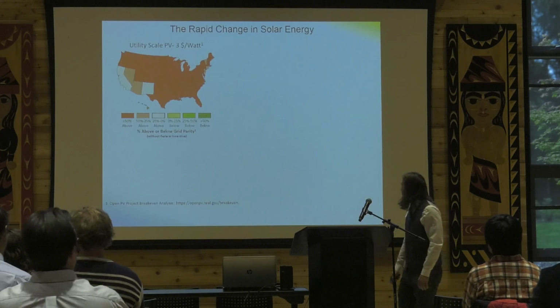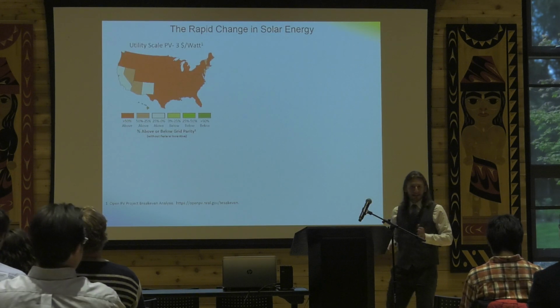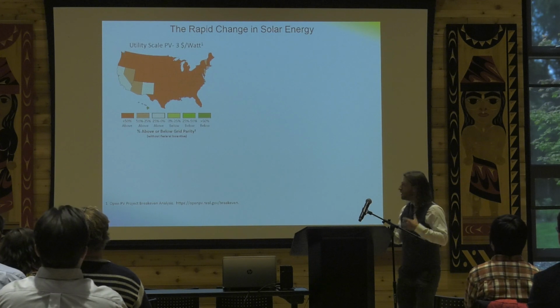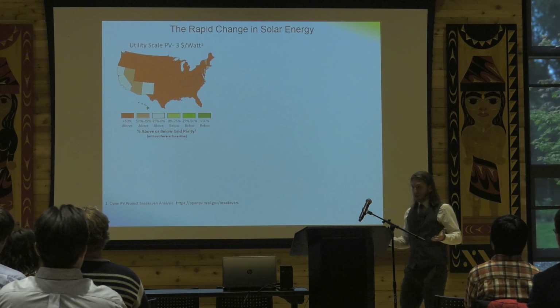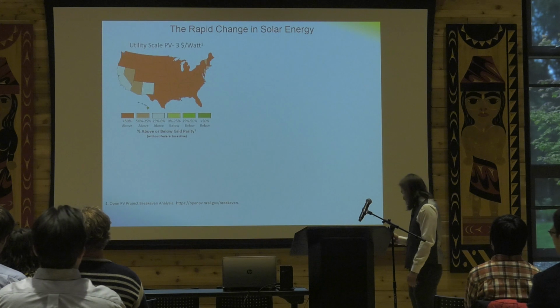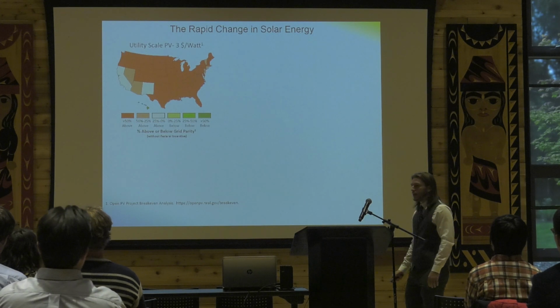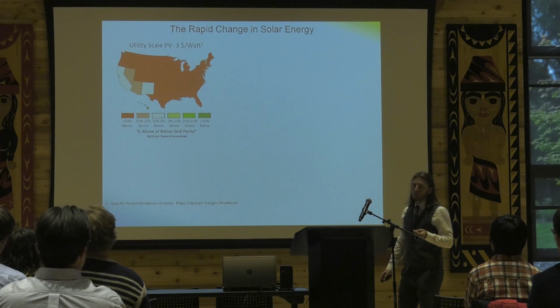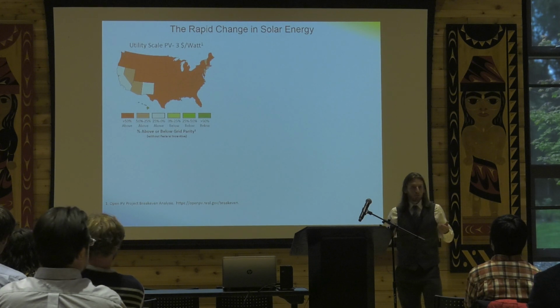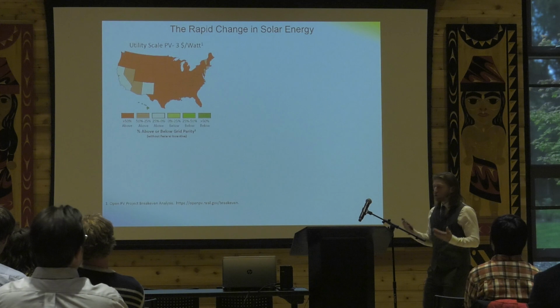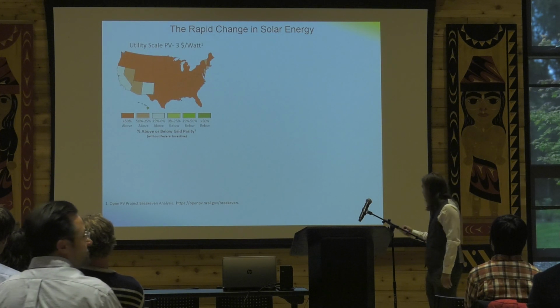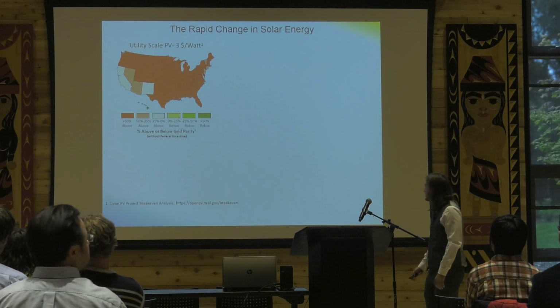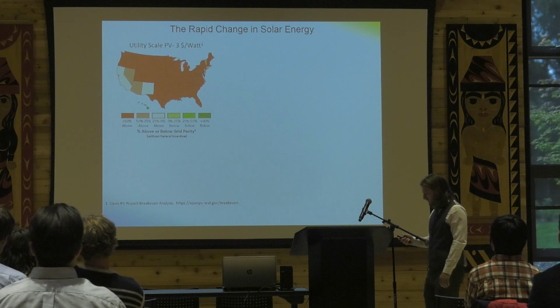Thanks, appreciate that. So before I get into that data, I wanted to give a little introduction about the state of solar energy as it is right now in the world. This was the picture not too long ago. What you're looking at here is the price of electricity as it relates to parity, which means the price of electricity per state as generated from other sources. And at $3 a watt for utility scale PV, you can see in most states it doesn't make sense to